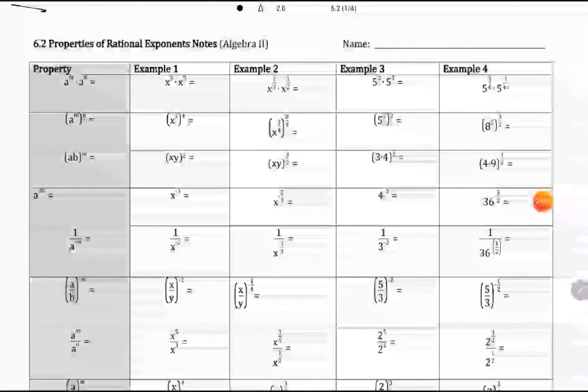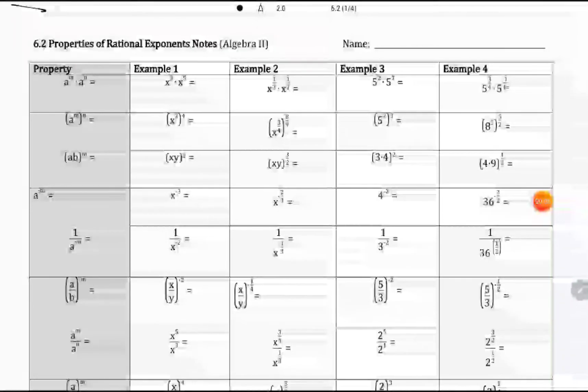Today we're working in chapter 6.2, properties of rational exponents. We would have seen this last chapter as well, but we're going to be working with higher exponents. So let's review over the exponential rules we have. So if we have two numbers of the same